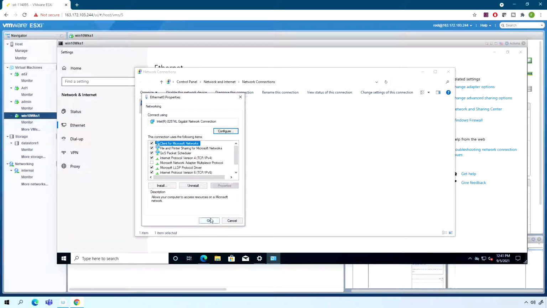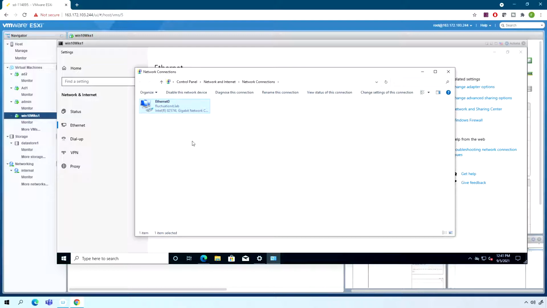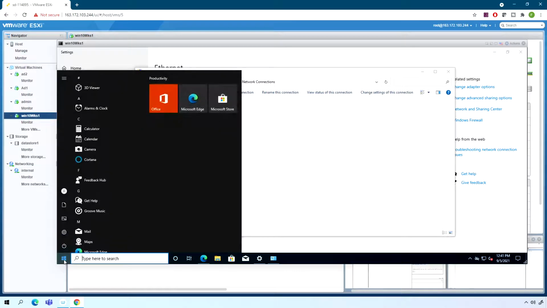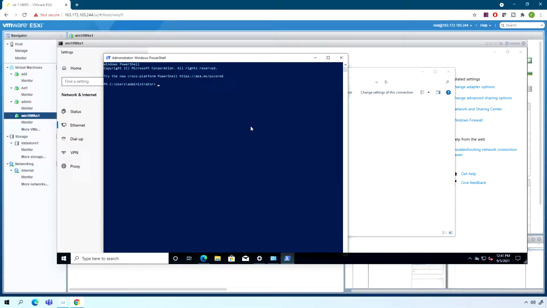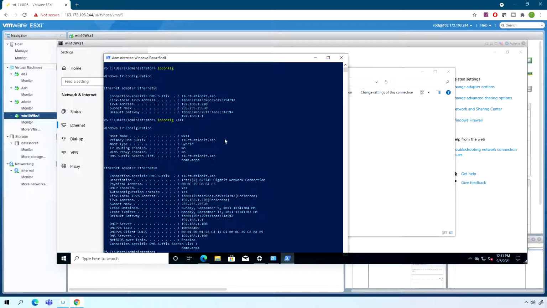Okay, cool. So now I see fluctuationality.lab. This is good news. If I go on my PowerShell and type ipconfig, I see that I have my address here, so it's 220, and if I do /all, I can see that I have my DHCP server here. So where is it? This one. Okay, that's good. So now we can go back to my admin